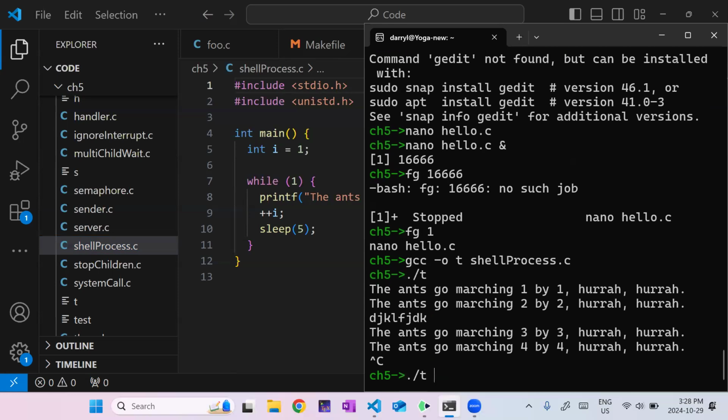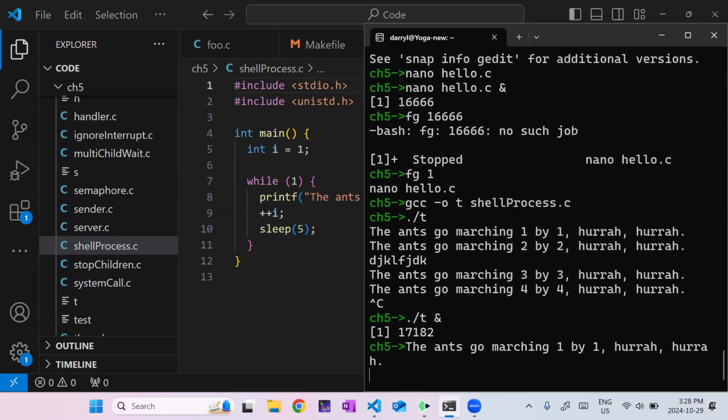I'm going to run it with the ampersand. So I'm going to run the command with a space followed by the ampersand. And now we can see this is actually running in the background with this process ID number, and it's job number 1.